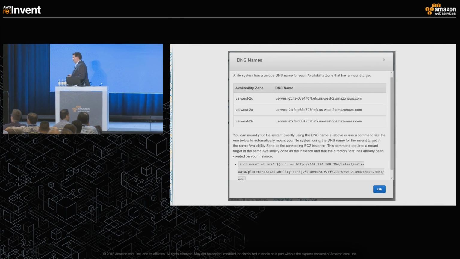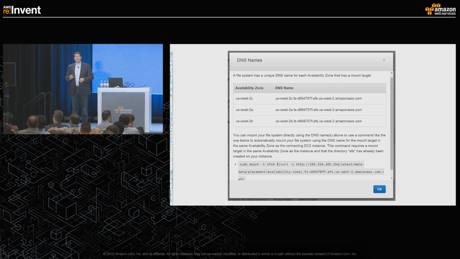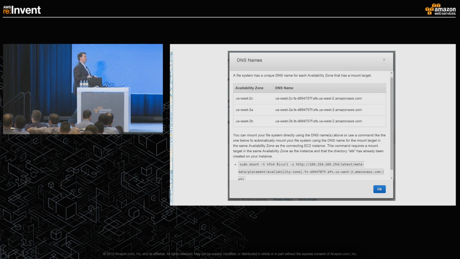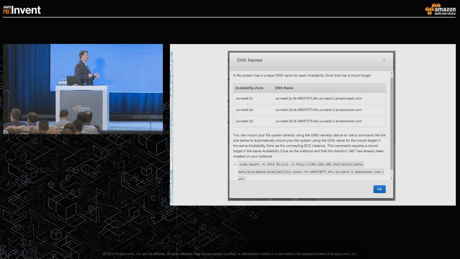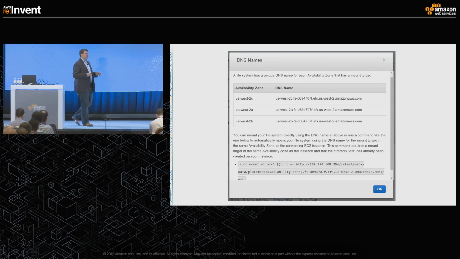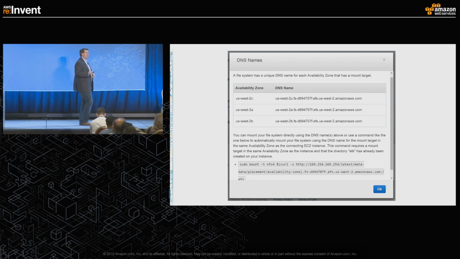And we also deployed a hints and tips page for the DNS naming scheme associated with each of those EFS mount points as well. So we just gave you a bunch of defaults. We queried for a bunch of defaults inside of the VPC. If you want to know the addressing scheme in order to mount them, we make them available here. And then on the bottom, as you can see, we give you a snippet that allows you to cut and paste that. And all you have to do is add it to your Linux command line, and you're off to the races.